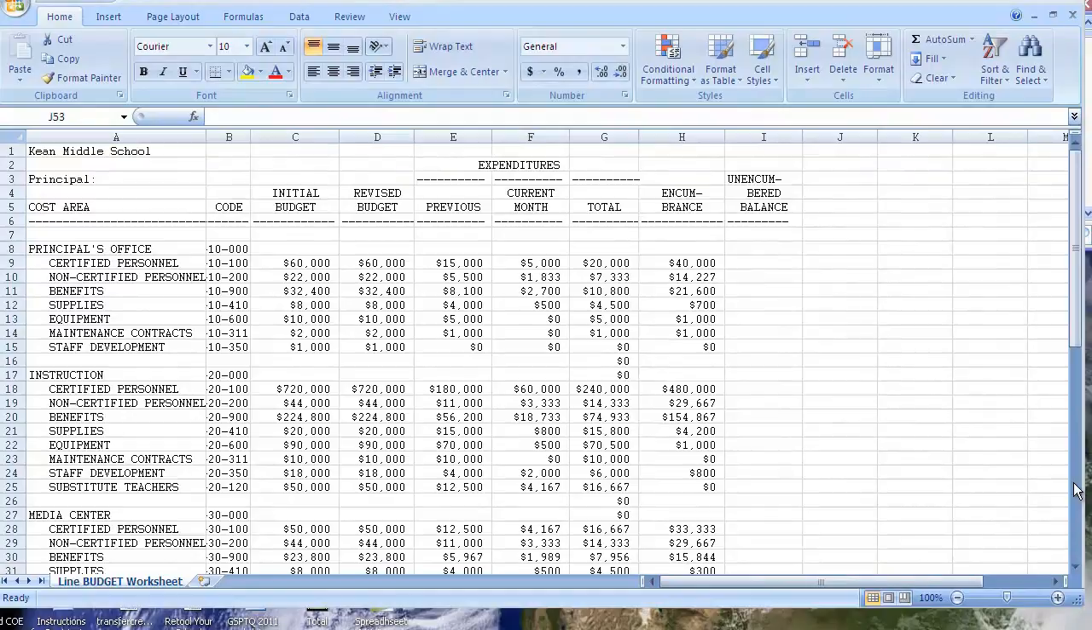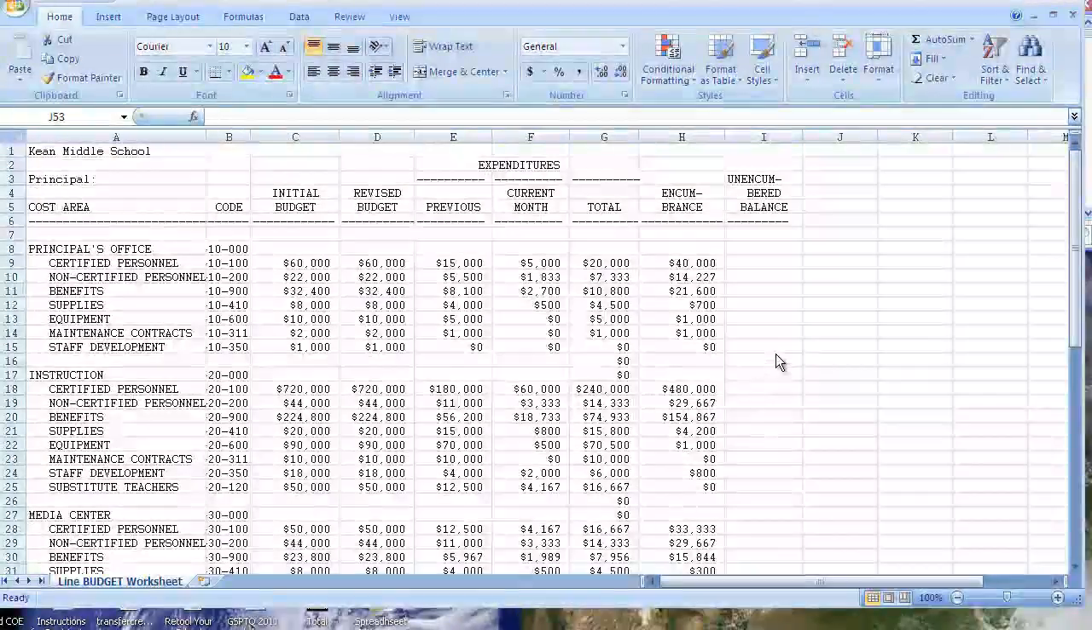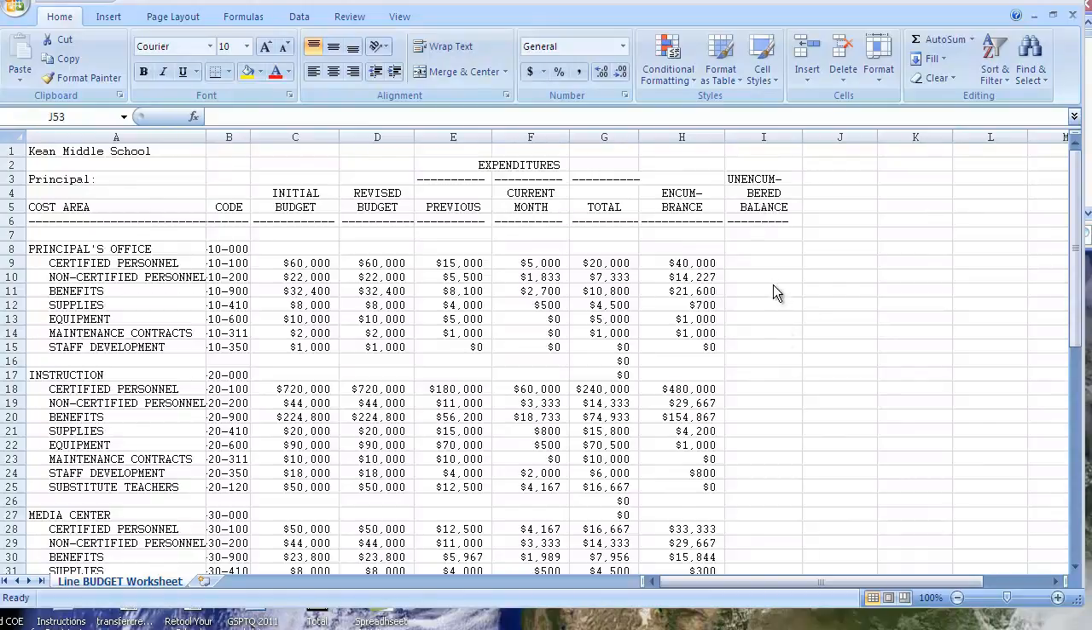Now that we've finished up step 1 of the exercise, we will proceed to step 2. We'll compute the unencumbered balance. This is how much is left in the account for the balance of the school year. We take the revised budget and subtract from it the total amount that we've spent already this year, minus the amount that we have encumbered or set aside for the remainder of the school